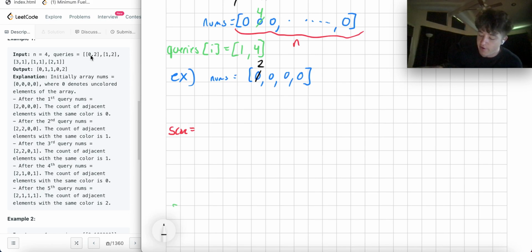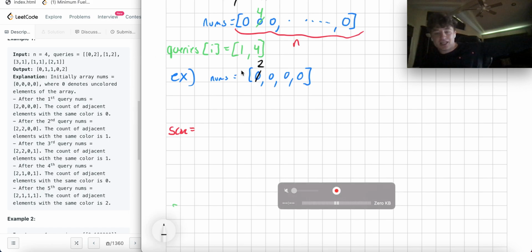For this first query, I'm adding 0 and 2. It's not going to increase my score because it's the first thing I'm adding, right? That's one way of stating it. But you could also state it as: making this a 2 isn't going to increase my score because the thing to the left doesn't exist, and the thing to the right isn't the same. So my score is going to be